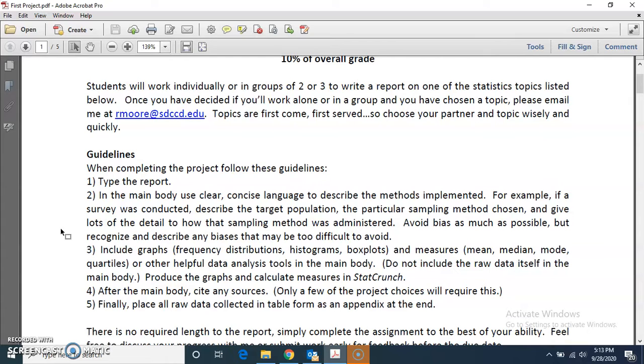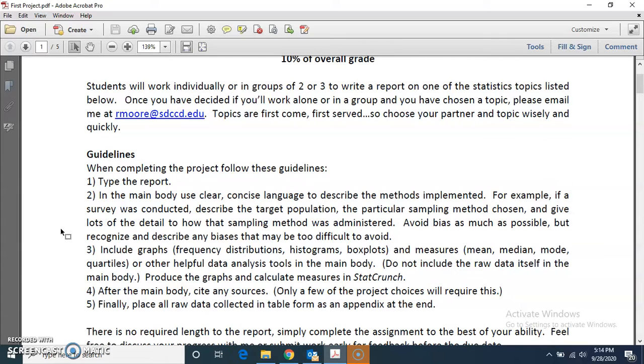If it was a survey that you did, avoid bias as much as you can. However, it's understandable that not all bias can be avoided, especially in times like this. And so that's okay if there's some bias that just cannot be avoided, but be sure to talk about it, recognize it, and talk about it. Describe any biases that might be too difficult to avoid.